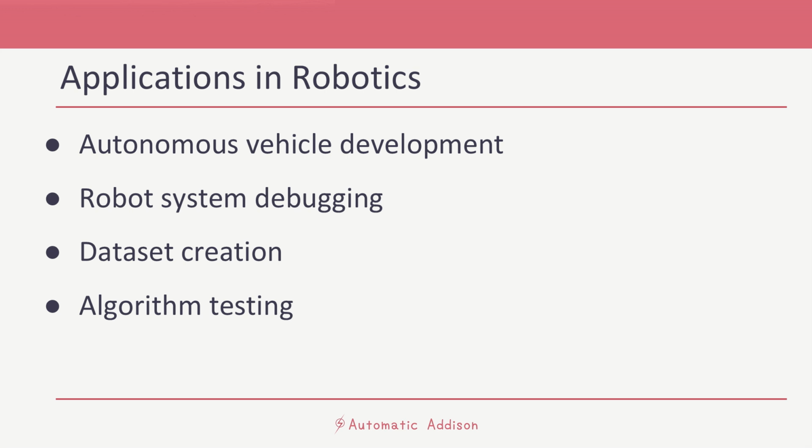ROS2 Bag is often used to create datasets for machine learning and computer vision applications. By recording data from sensors and ground truth information, researchers can build datasets for tasks such as object detection, semantic segmentation, and localization. So I will be working with the mobile robot I've been setting up in the past tutorials,